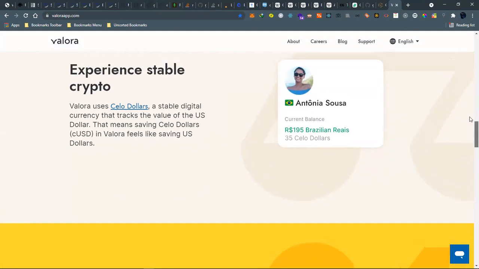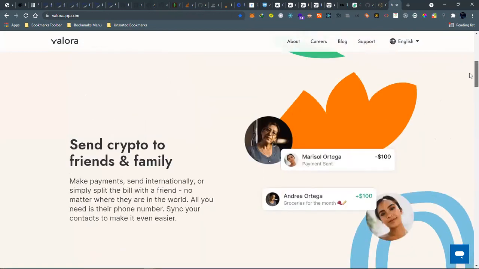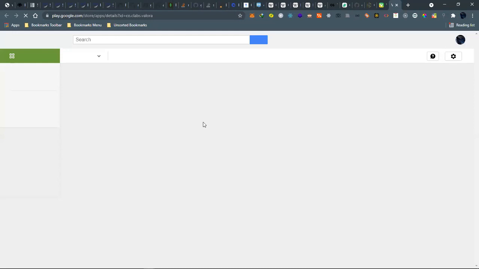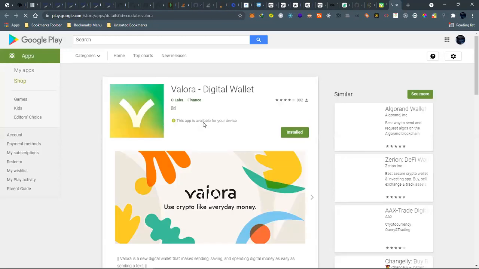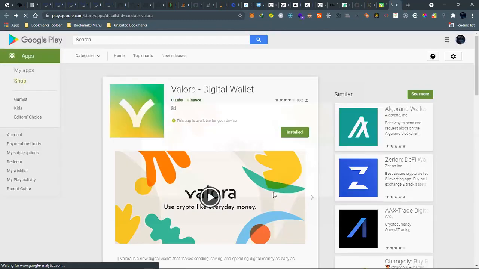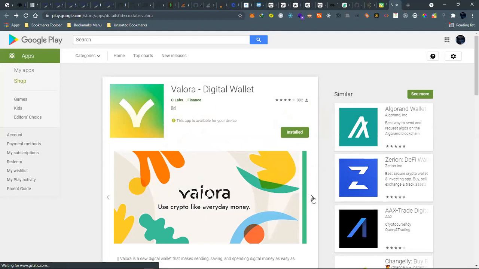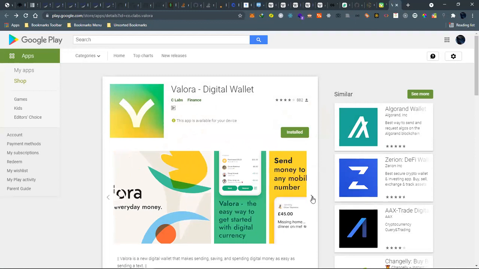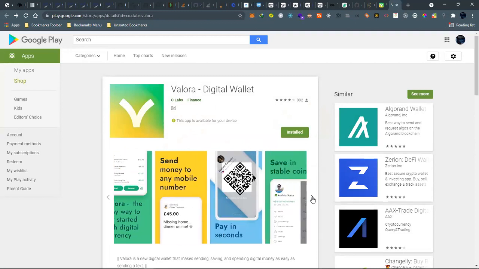Let's just go to the screens which are provided on the App Store. It has access to your contacts, if you give it access.